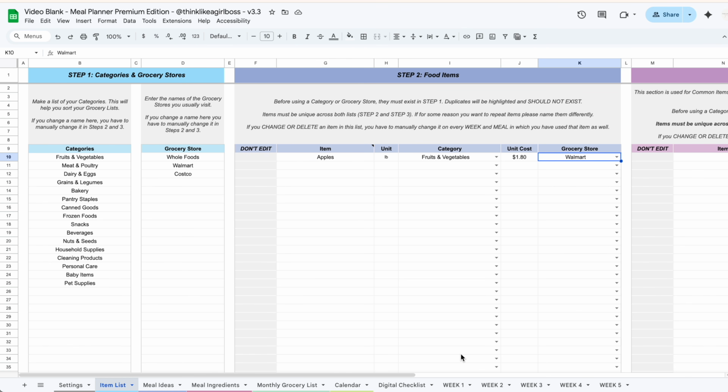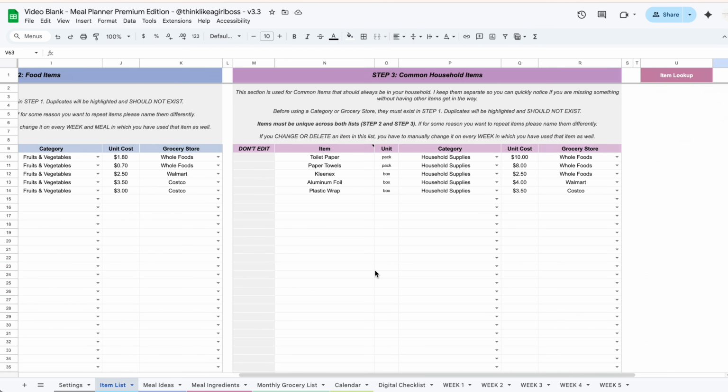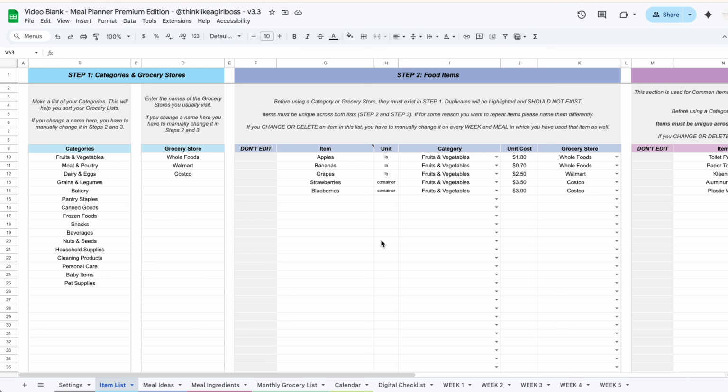You can do the same thing. You don't have to create your entire database right now. You can maybe add 5 items on each section, so you have something to work with as you're learning how to use the rest of the template. So I added some fruits to start with, and I also added some common household items. So the item list tab will hold the database for the items that you usually buy,